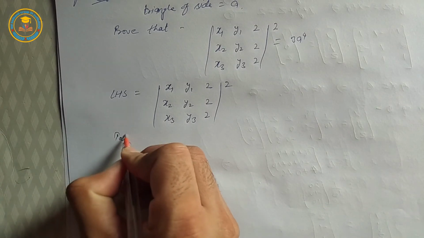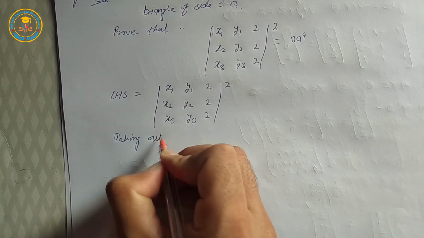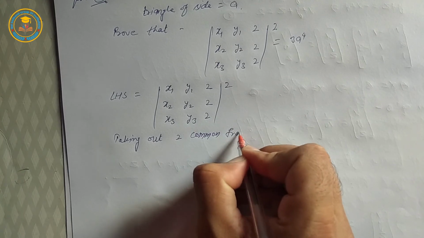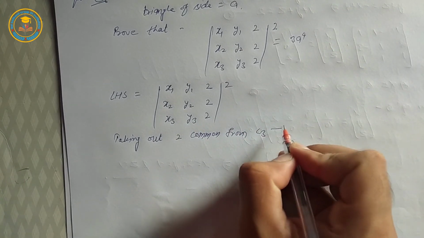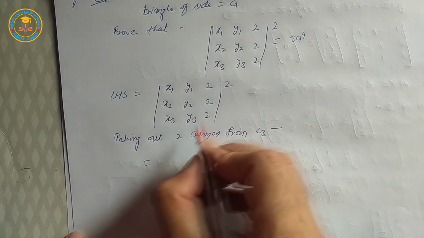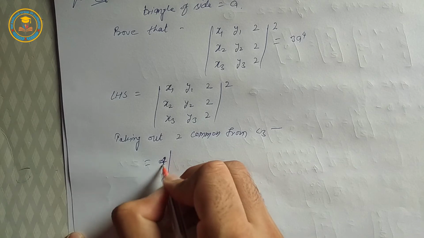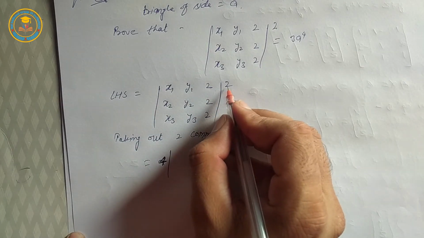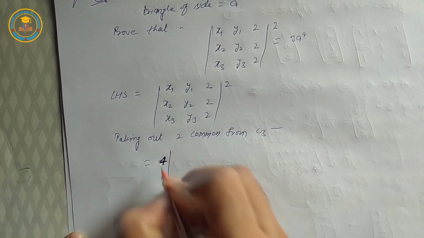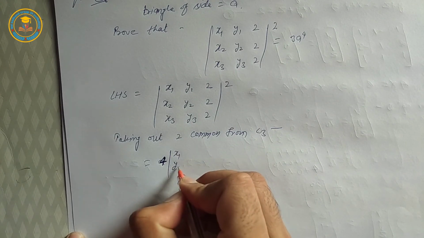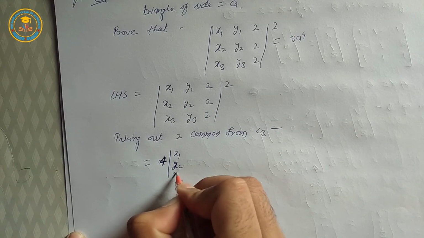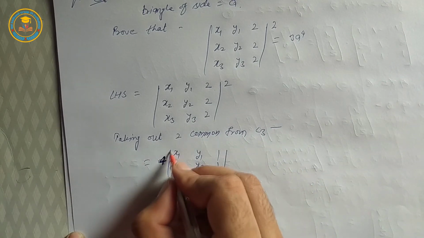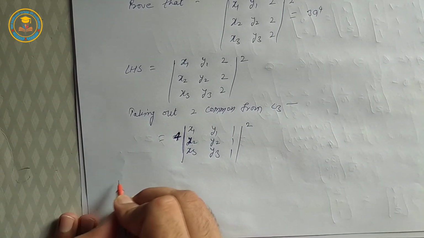Taking out 2 common from C3, it is equal to 2 into 4, taking out 2 common from C3, 2 whole square is equal to 4, 4 times determinant x1, x2, x3, y1, y2, y3, 1, 1, 1, whole square, okay, because